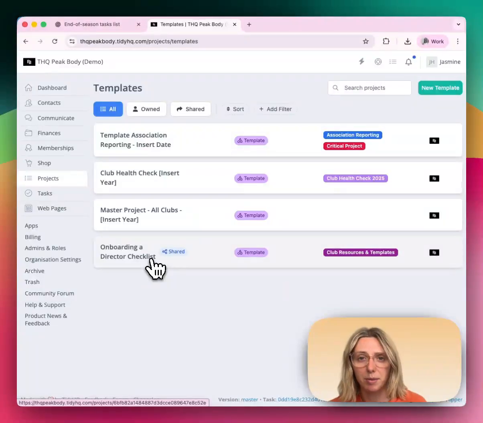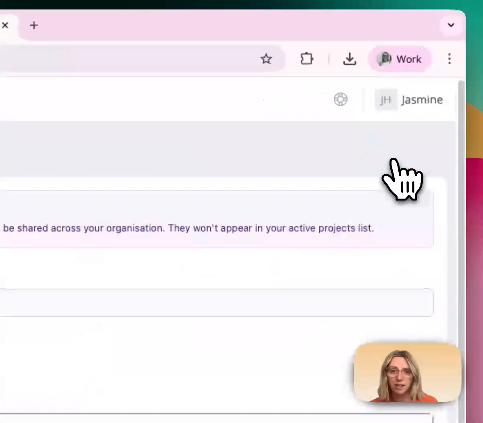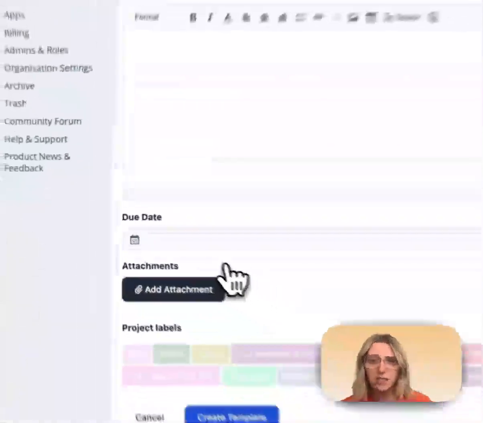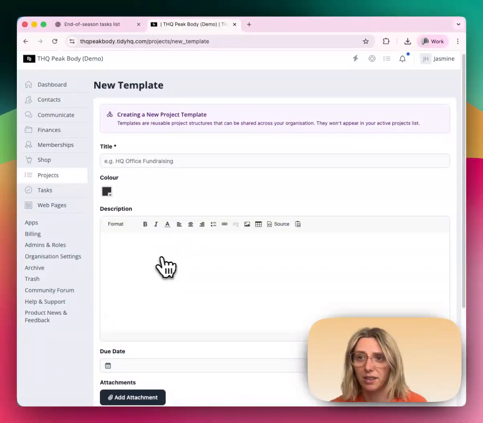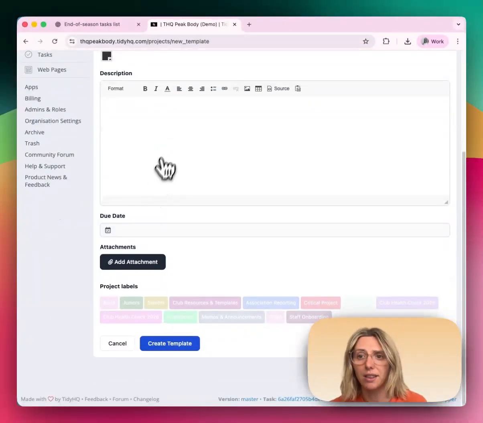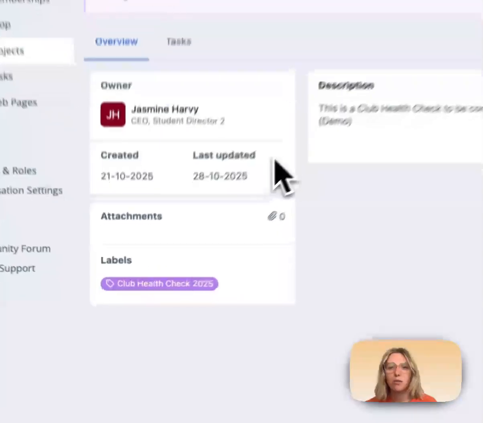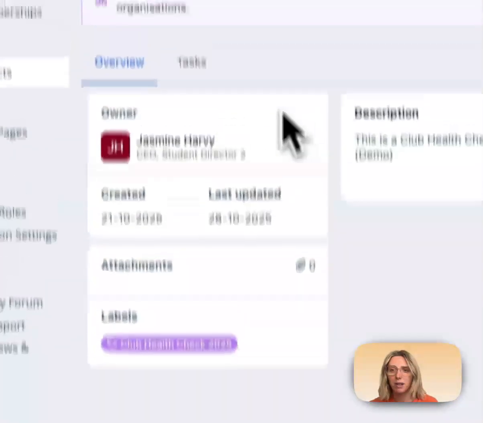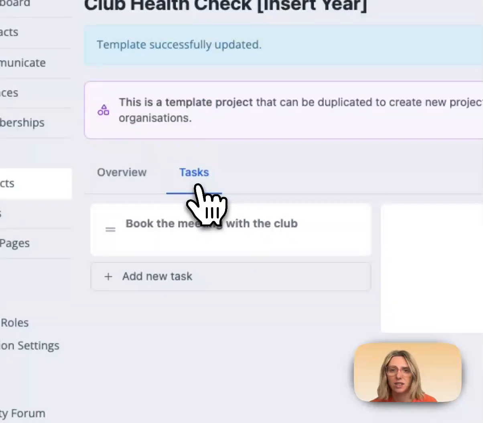So how do you set up a template? It's really easy. Head over to this new template section here. It's the same setup as setting up a project. It will just say up here that you are creating a new project template. So you can go through and add the requirements for the particular template and then click create template once you're ready. I'd probably suggest not adding a due date. Once you're ready, you'll hit the create template button,